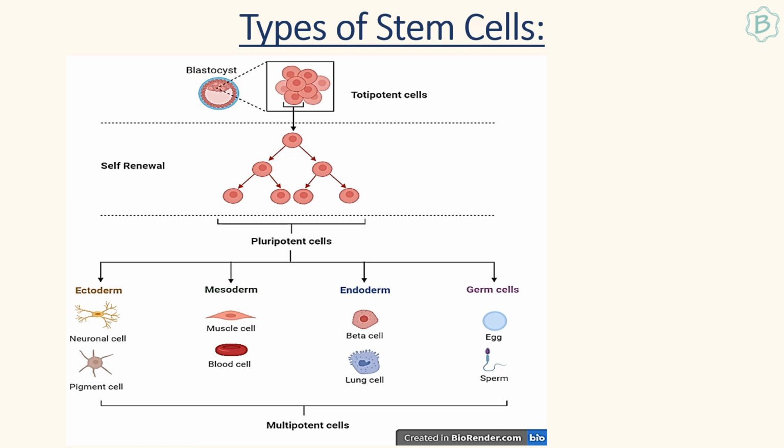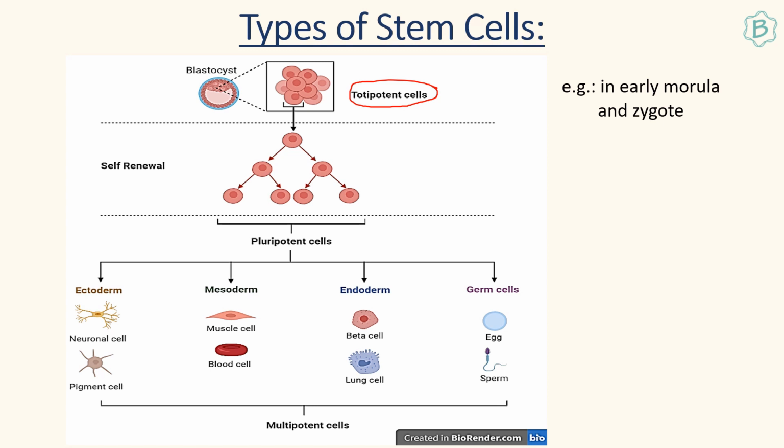So we begin with the first step of stem cell, which is the totipotent stem cell. These cells are also known as omnipotent cells. These are the most powerful type of stem cells present in the human body. This is because they have a very high potency, because of which they have the ability to form any type of cell that you can think of, and so they can form an entire individual on their own. These kinds of cells are generally present in the early morula and the zygote.